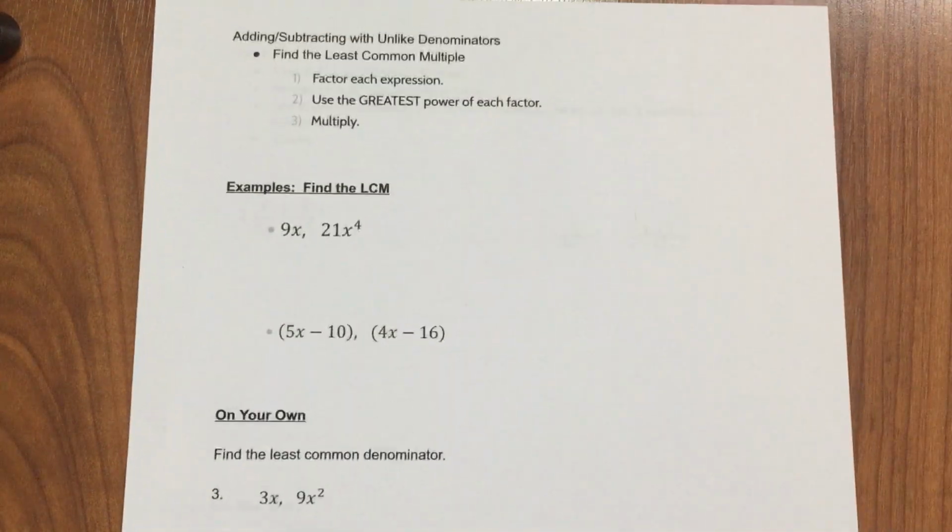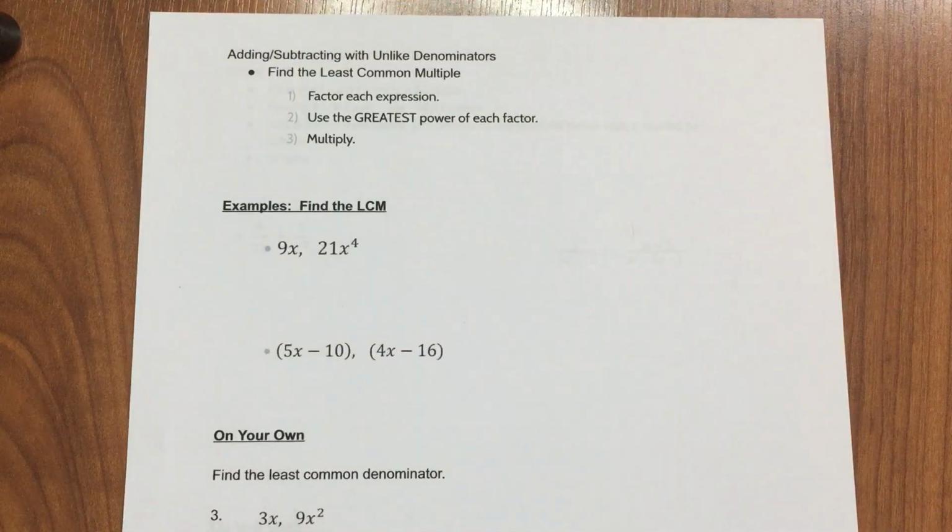Now we have to get into some examples where we don't have the same denominator. Going along with not having the same denominator is this idea of finding the least common multiple. Our steps are listed above. Now, if we want to find the least common multiple, we're going to need to look at each term